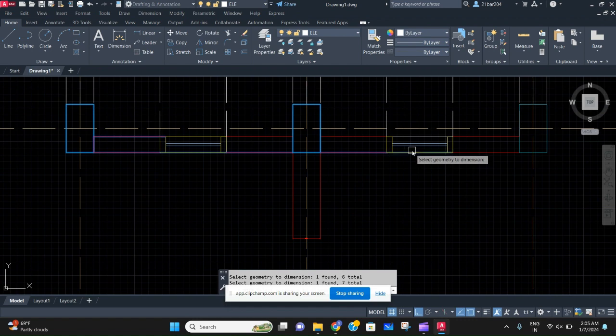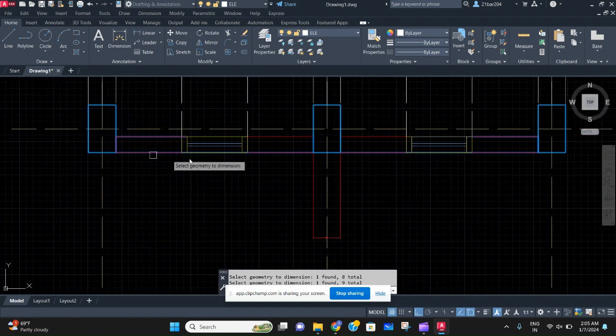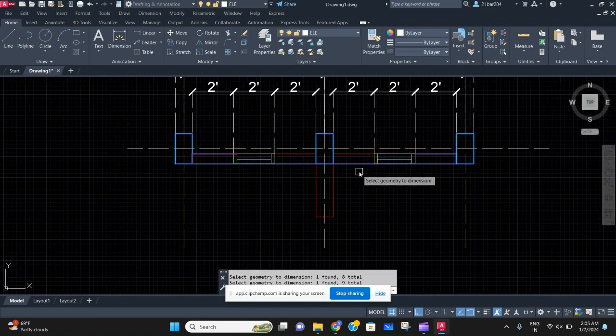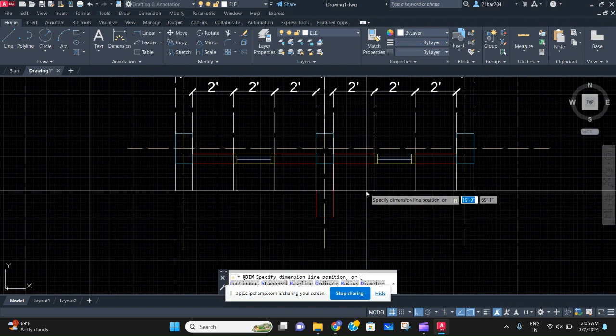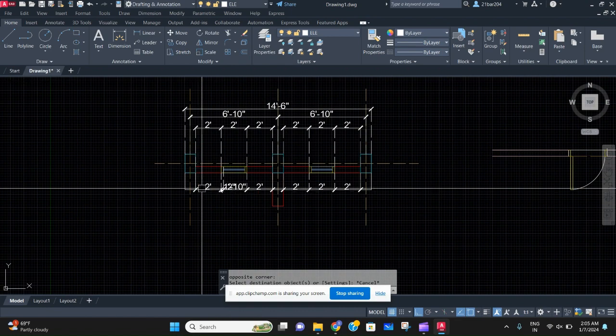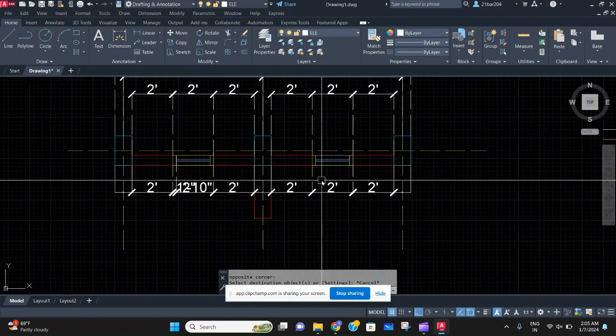the dimensions for. As you can see right over here, I have selected the objects and the lines that I want the dimension for. After that, just press enter and it will stretch, and you can stretch it however you want, and this will come in the style that is set in your computer. Just select match properties, and it will do your dimension in no time. So this was the first most useful